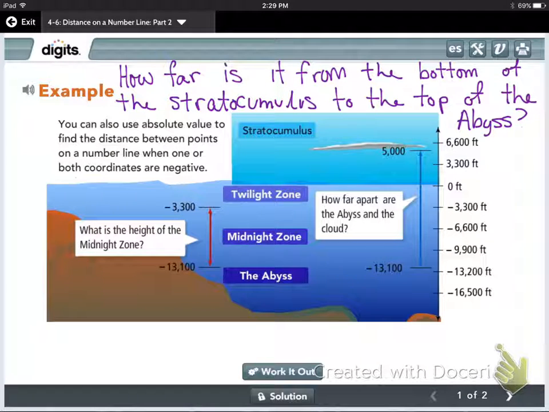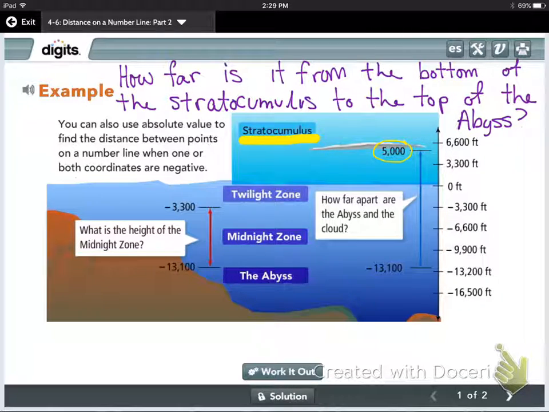So let's look at a different problem. This is something we looked at in class, but I'd like to take it one step further. How far is the top of the stratocumulus to the bottom of the top of the abyss? Bottom of stratocumulus to the top of the abyss. So we have a lot of things labeled on here, so you have to really pick and choose the information that you need. But luckily, the bottom of the stratocumulus was already labeled for us at 5,000 feet above sea